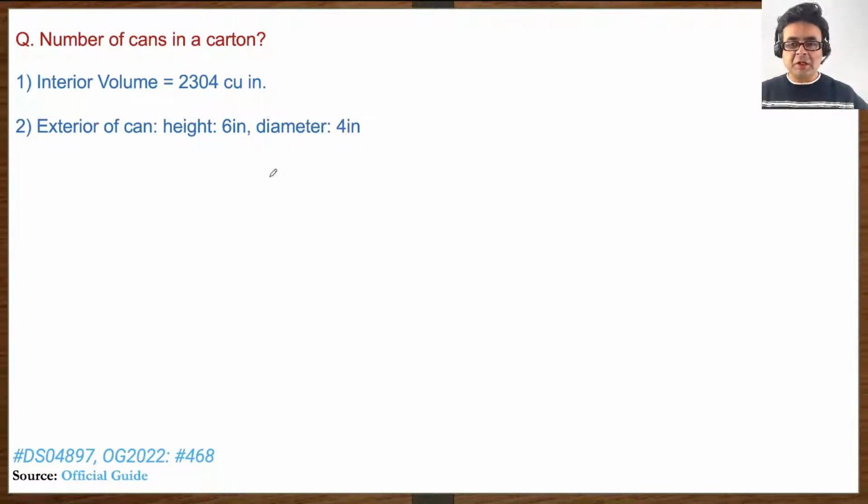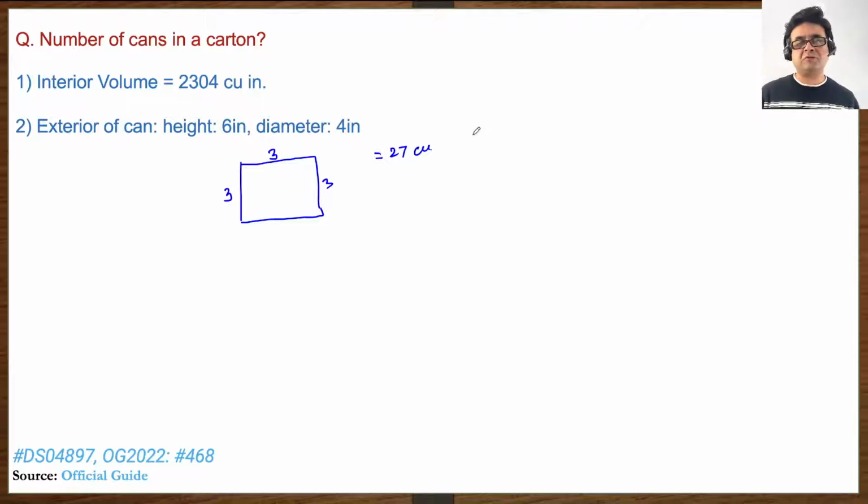So let's say you have a carton like this, right? And the size of the carton is 3 by 3 by 3, so that is about 27 cubic whatever units of volume. If I were to fill 18 cubic units of sand in it, then I can easily fill that in the sand, and we can even calculate how high the sand will go,